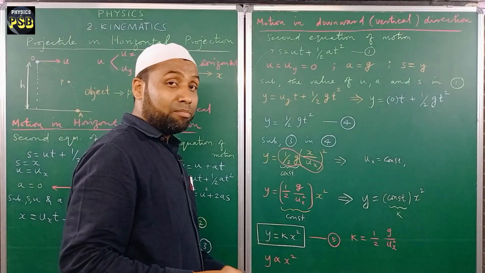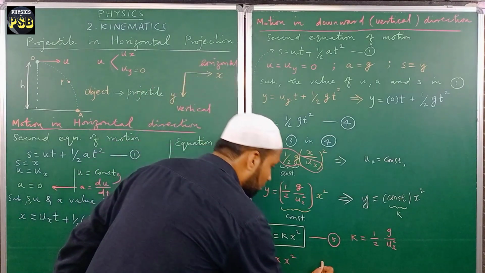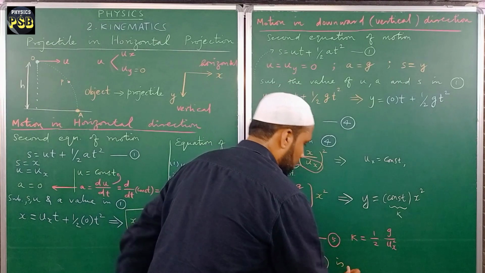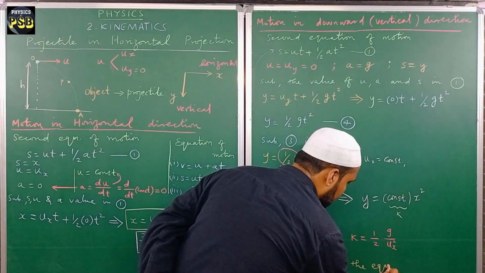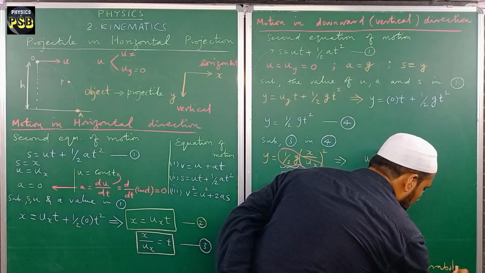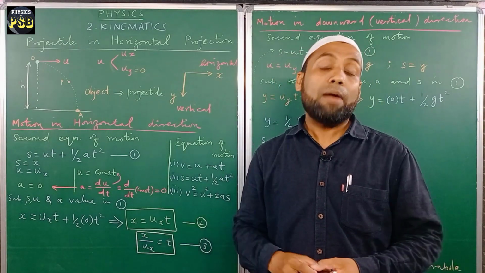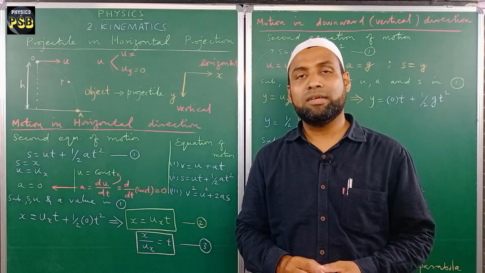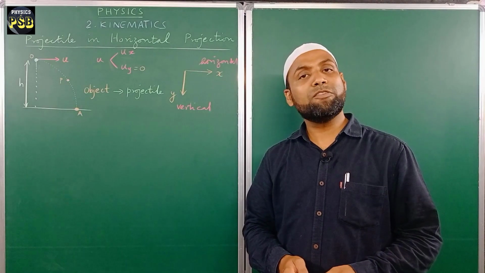So how do we confirm that? It is confirmed from equation number 5. This is equation number 5, which is the equation of a parabola. So from this it is clear that the path followed by a projectile when it is thrown is nothing but a parabola. Now we will get the expression for time of flight